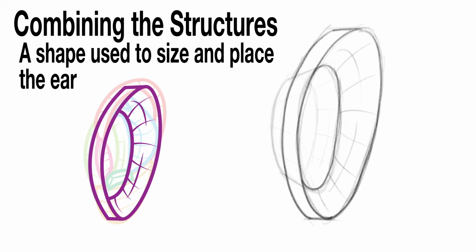This plate just helps us establish the size of the ear and where the parts of the ear will go later on. We want to leave a cutout in that plate so that we can create the pocket within the ear structure that is created by the bowl-shaped concha.